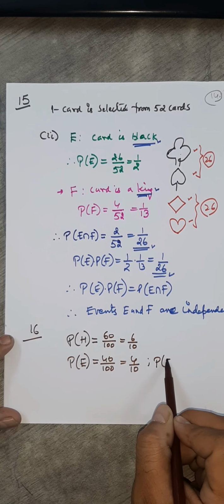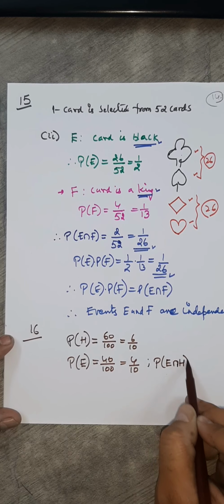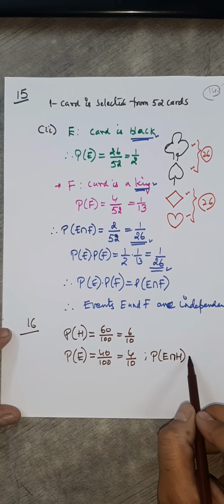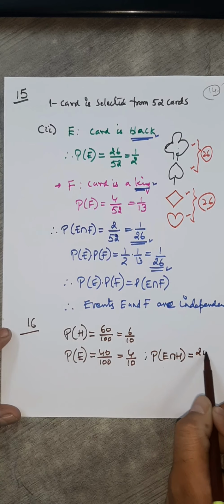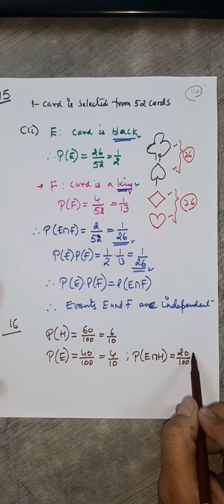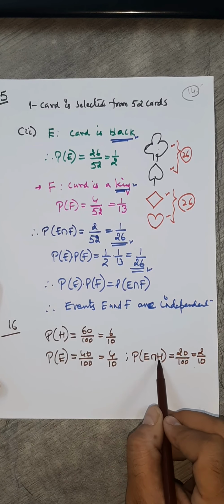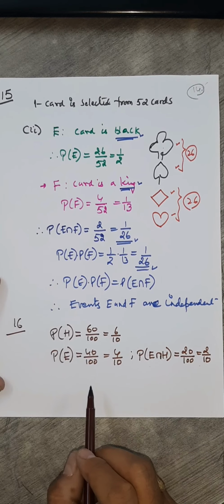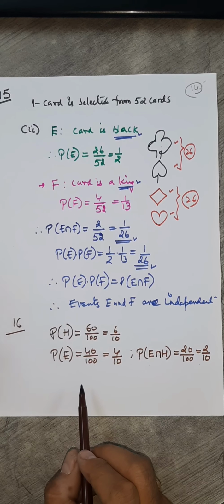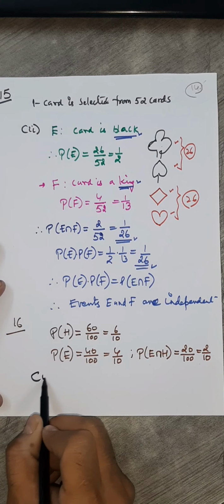Both means intersection. That is E intersection H, which is 20 by 100, so it is just 2 by 10. Fine. Both means intersection. We know it very well from the set theory. A student is selected at random. The first question